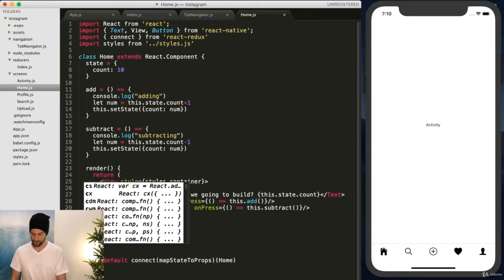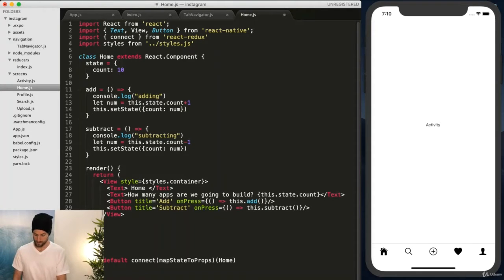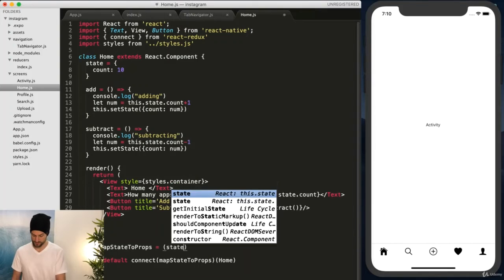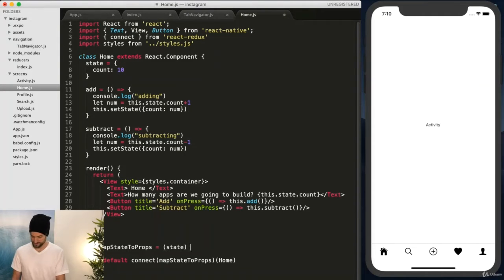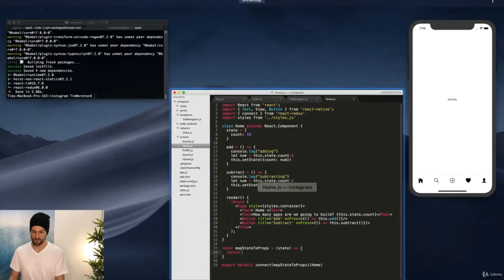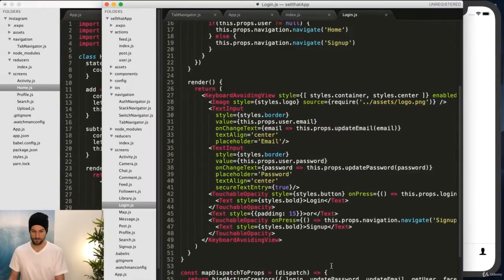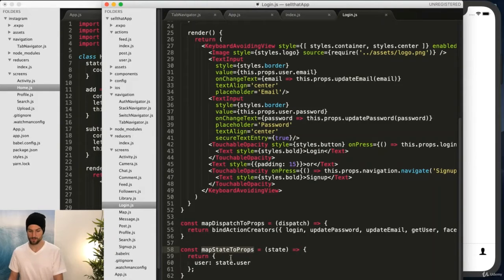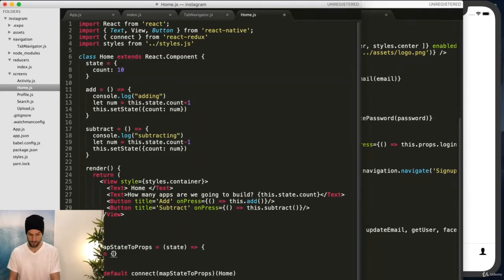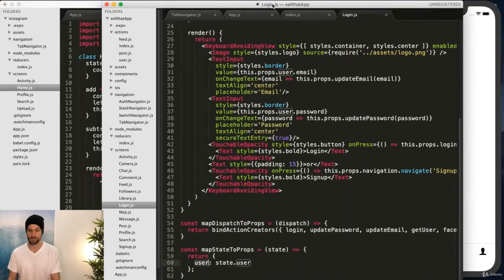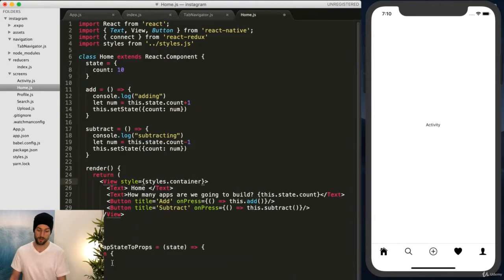And we're actually going to create a const map state to props equals state. Might have to look at something for this. I kind of forget the syntax. And then return, let's see. Okay, const map state to props, return. Okay, so in this instance, we're returning an object. And there we used user, which we will eventually use. But right now it's called counter